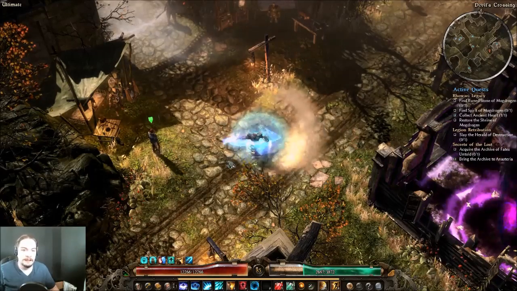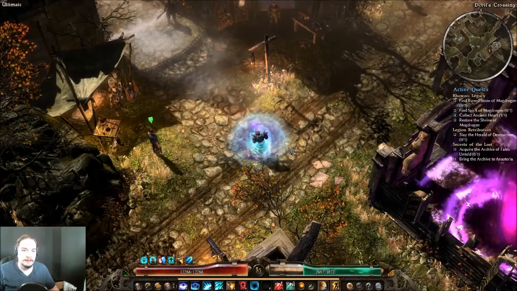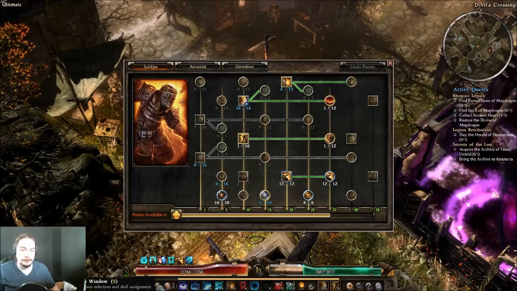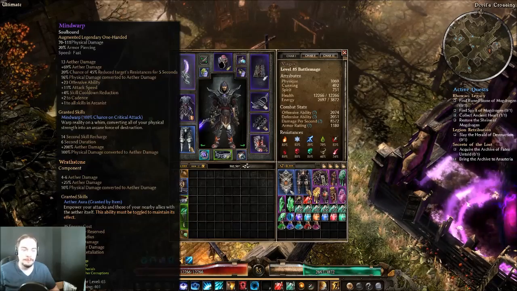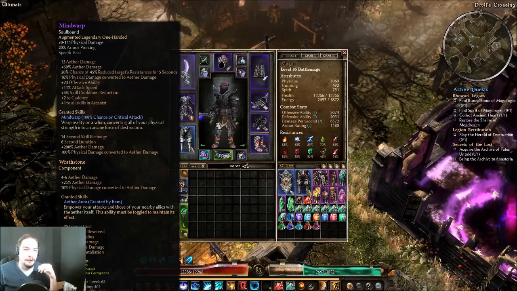Hey everyone, I wanted to share this alternate Battlemage build I've been playing around with that's been really fun. I took my cold Battlemage, switched him to an Aether Battlemage, because I wanted to play around with the Mindwarp weapon. And the Mindwarp weapon, for those that don't know, is